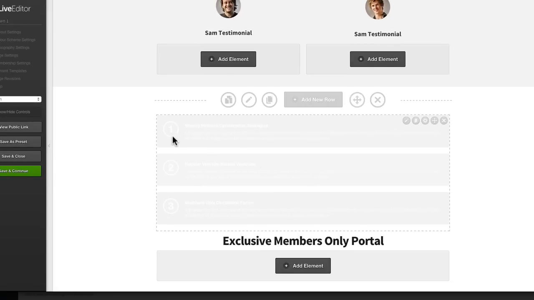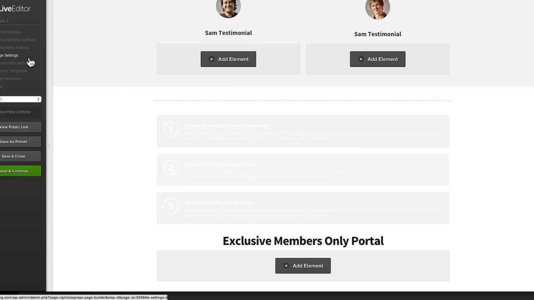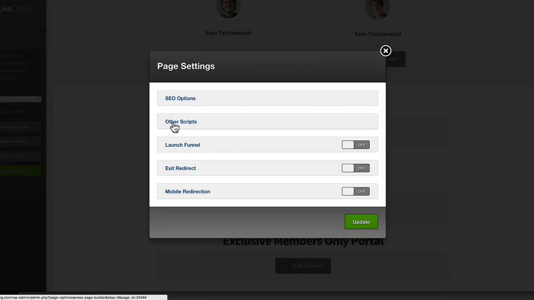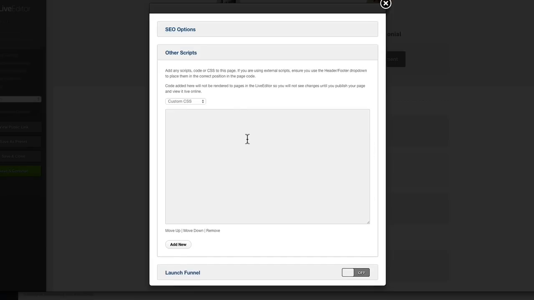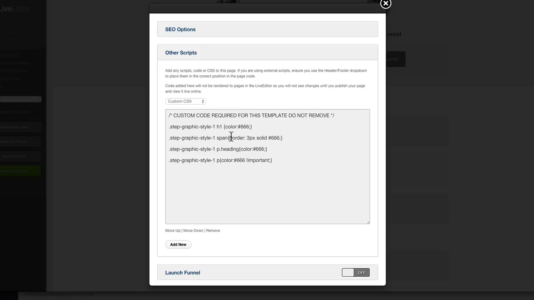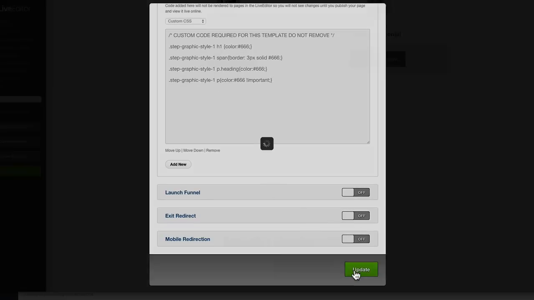Now you notice here they're coming through white text. What I have done is coded a little bit of custom CSS, which I'm going to add in to bring that color through. So if I go to page settings and other scripts, I'm going to choose custom CSS here. Obviously, this is in the template in the Clubhouse, so you don't have to worry. Or if you're just following along, you just need to look on the screen and see the text that I've put in. This is CSS code, which is going to style them step graphics. I'll show you that in a second. So if I update,